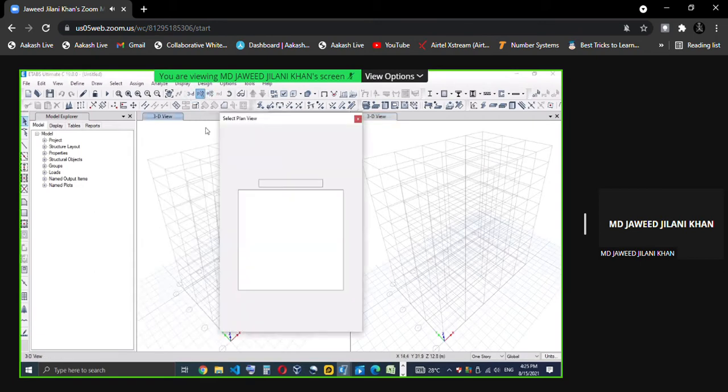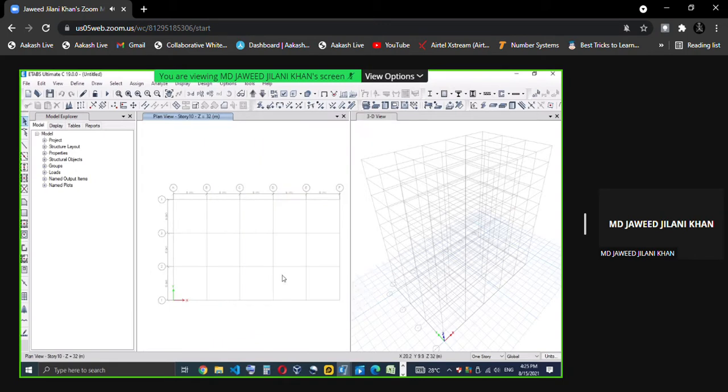Or you can make a plan. Now plan meaning directly you can go to any particular. Let me work on the 10-story plan whose elevation is 32. So this is the status of the window here. By default, there are two windows. We can change to single, or we need to increase the number of windows. This is the select windows. Once we select, we will come back.